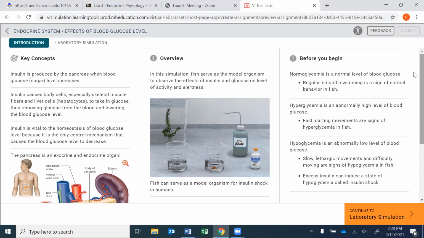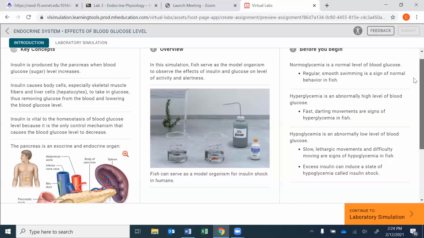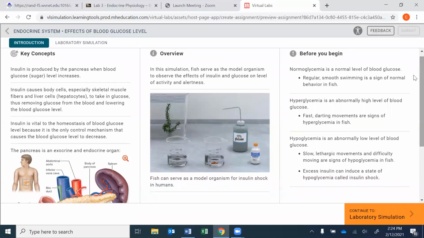In the middle there it says overview, in this simulation, fish. Okay, so I got to ask you on the test, during the glucose lab, what was the organism that you used to test glucose levels and insulin? That was a fish, goldfish. And then we're going to observe the effects of insulin and glucose on the level of activity and alertness. Then it says fish can serve as a model organism for insulin shock in humans. Actually, what you're going to do in this lab is you're going to cause the fish to go into insulin shock,